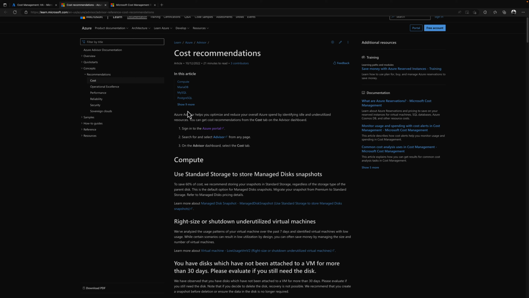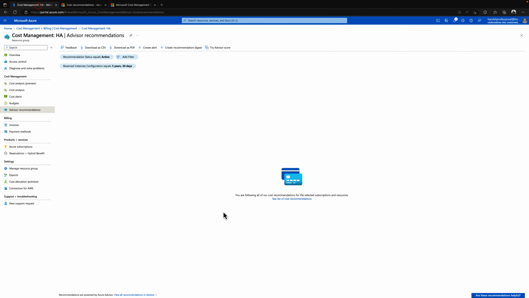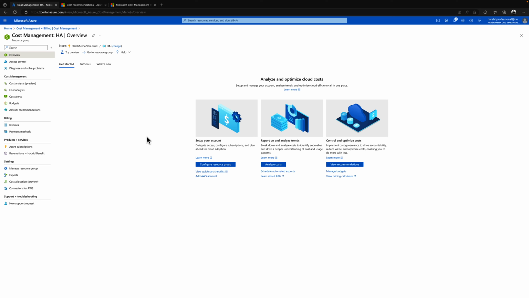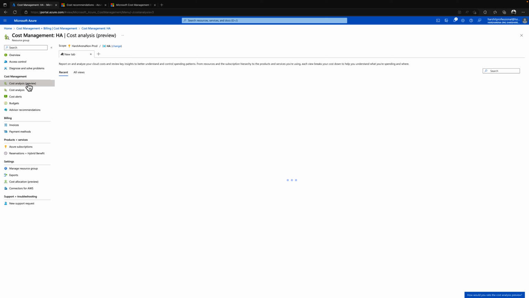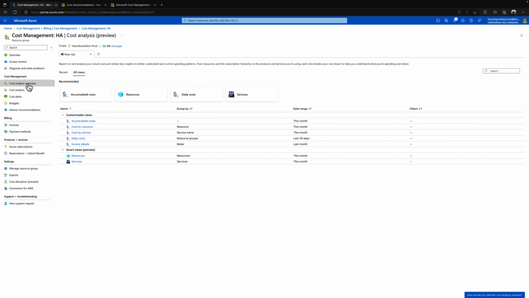You can get more details about this. What are the best practices from Microsoft to control your overall cost here for your organization? But indeed, currently we don't have anything, so I go back to the same state. And again, in the cost analysis, the good thing is in the cost management, they also add the preview model here. So if I click on the preview model, this is the model here, and here you can get